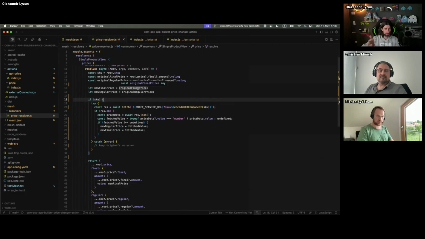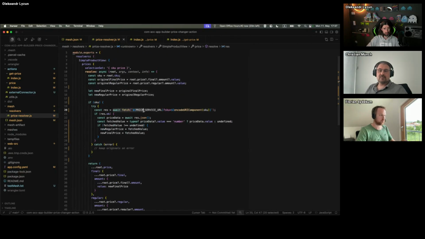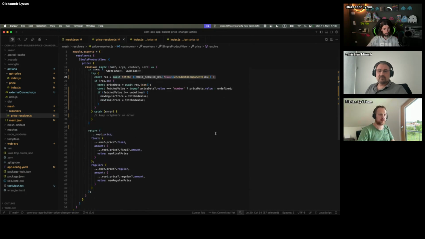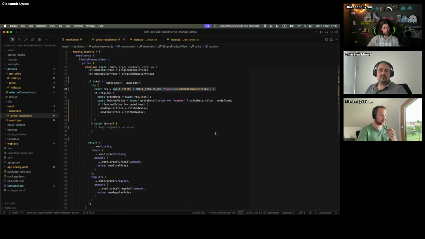You can, I don't know, hard code them here as JSON, and they still will be delivered. So the idea of this one: if you don't have a source, you can just use a resolver to replace one field with another field or make additional calls. You can just make an API call with the JavaScript fetch function, fetching the price from whatever source you want. In this case, it still uses the same Adobe Commerce Optimizer, but just as a direct URL call, and then does the same here by delivering the prices. And you will get exactly the same result.